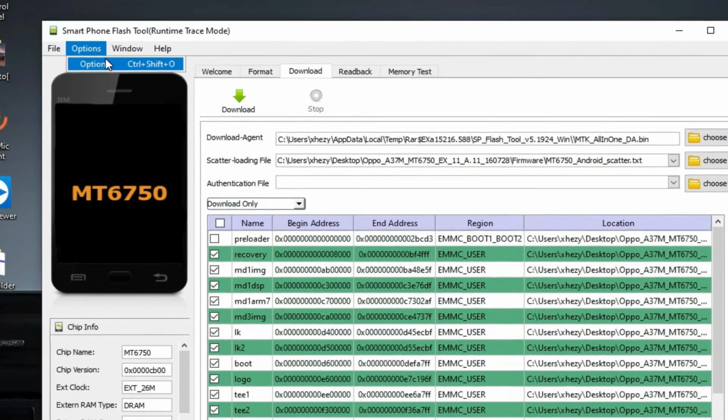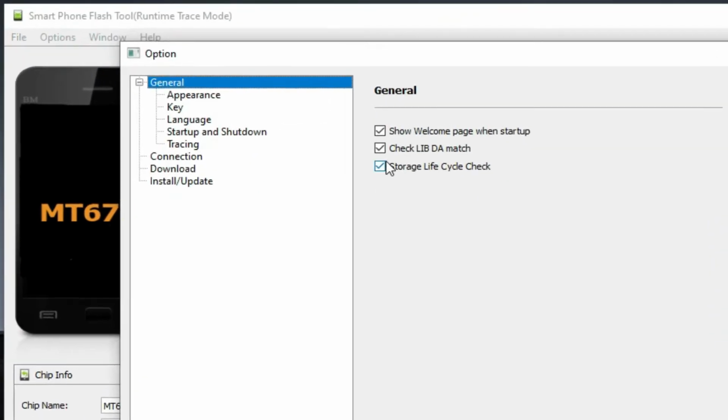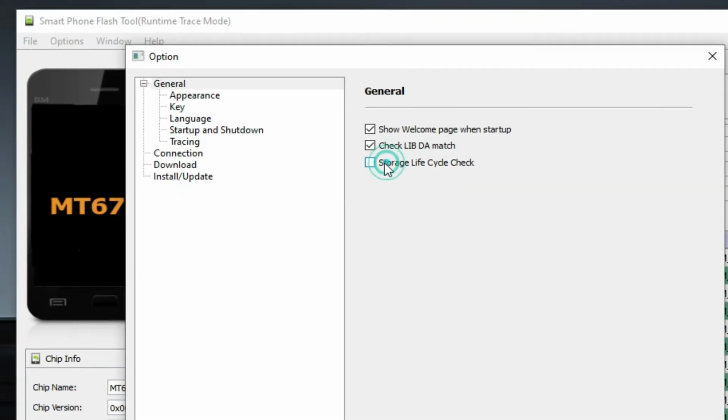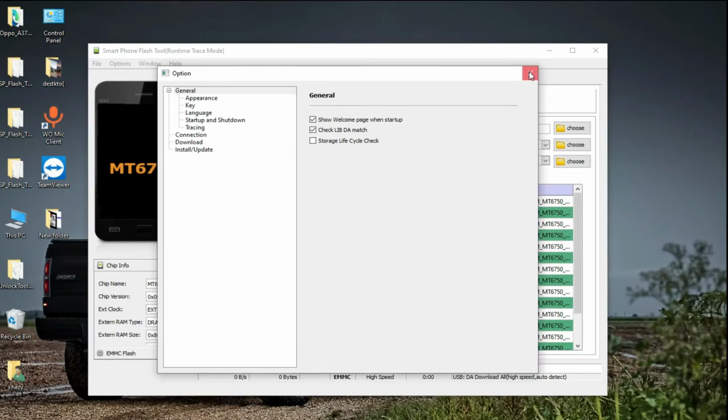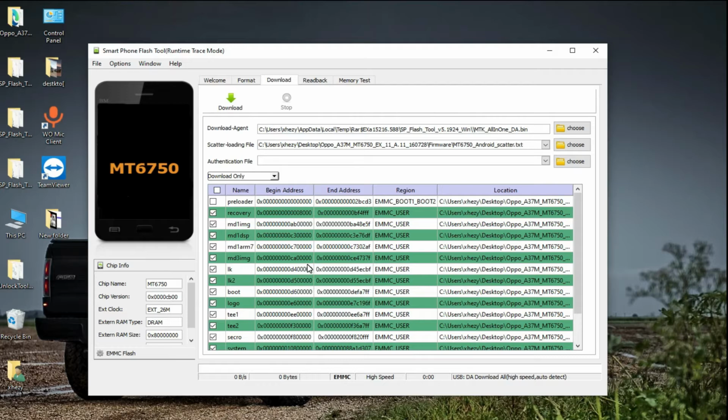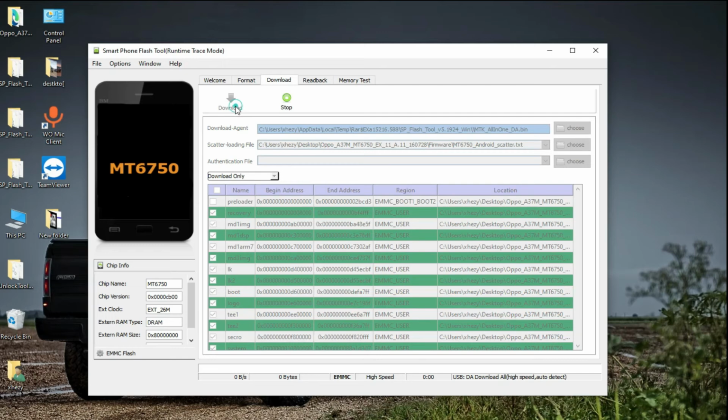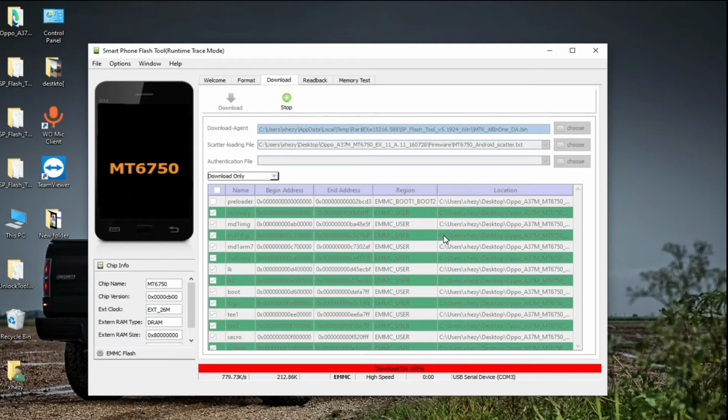So first of all, you need to click on options and you see here, uncheck this, and that's it. Now I will show you if it works or not. I'm just connecting my device again, and as you can see,